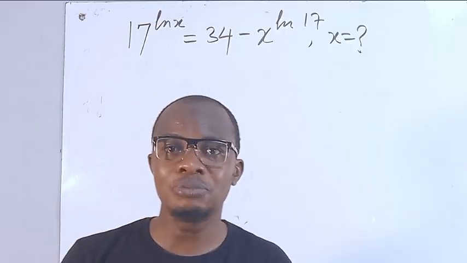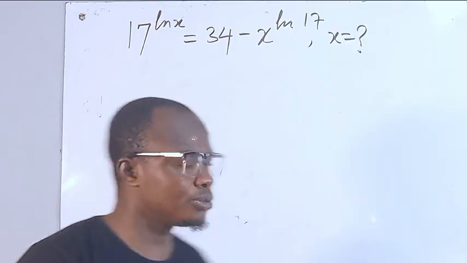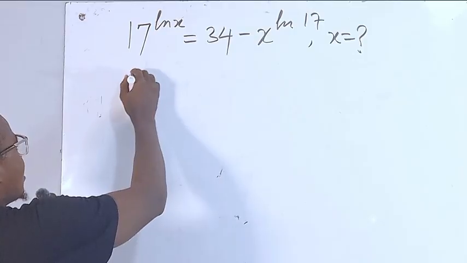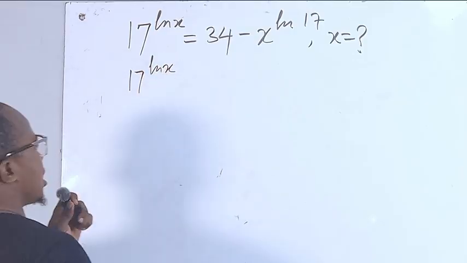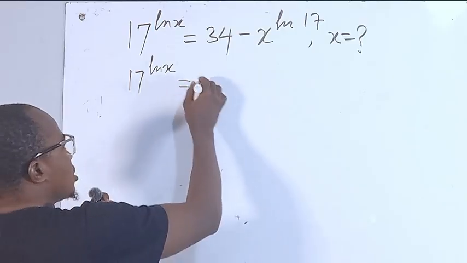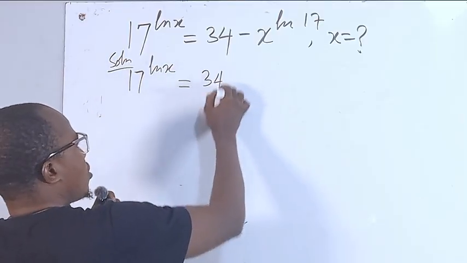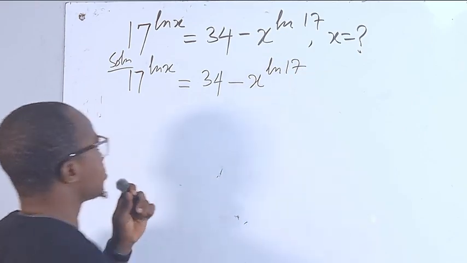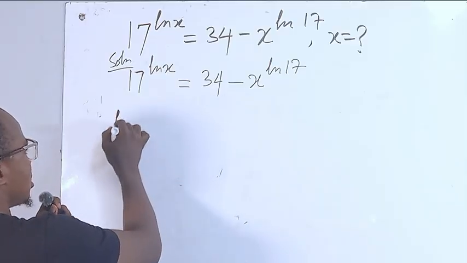So now let me teach you how to solve it. It's very simple. Now we are given 17 to the power of ln of x equals 34 minus x ln of 17. Okay, so what we need to do here, let